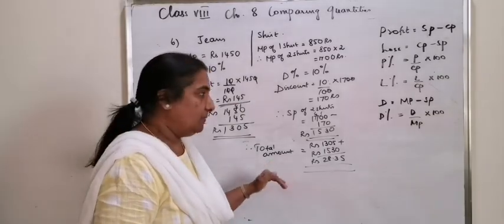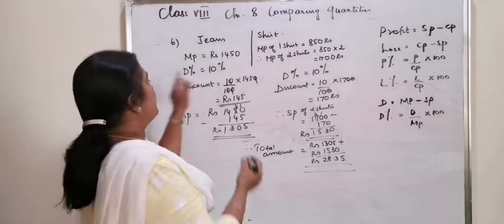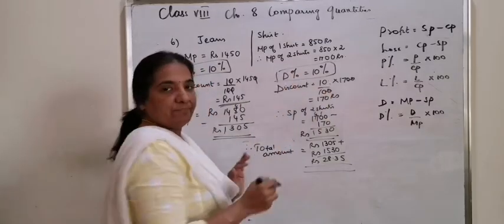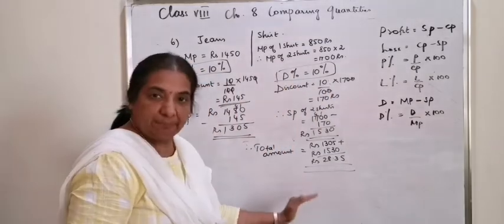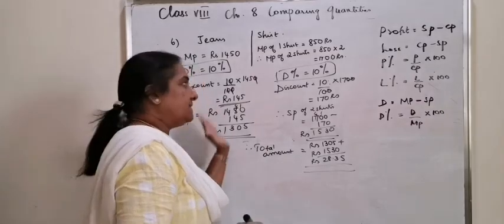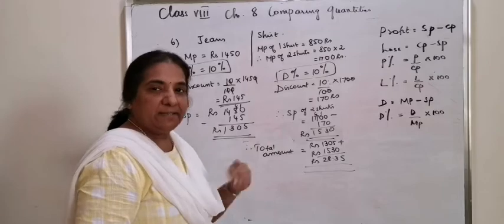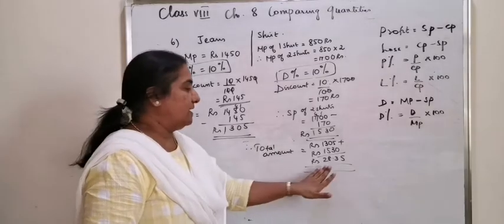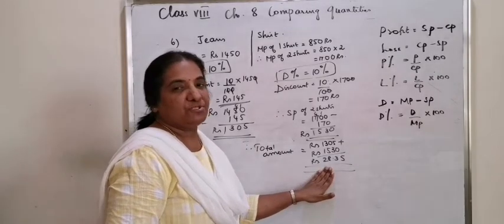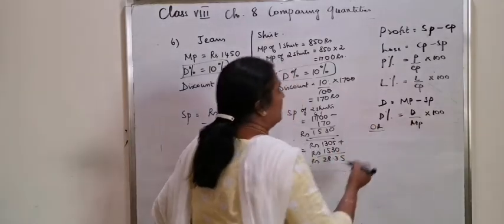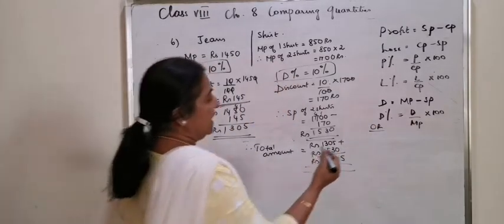2835. Now, since the discount percent is 10% for all the items, instead of calculating it separately, since the discount percentage is the same, you can total up the marked price and take a common discount. That also will give you the same answer as rupees 2835. Let's check it out as the total marked price